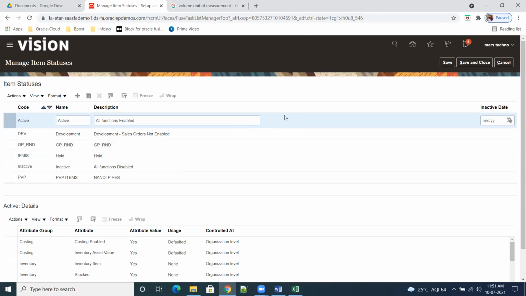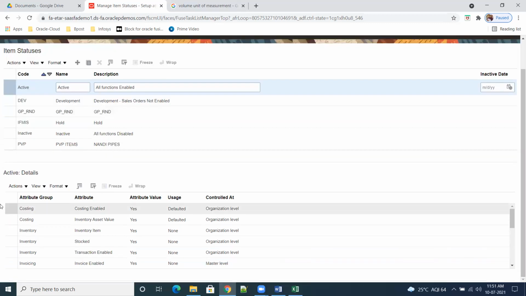But what is important here is, when you are selecting the item status as active, these are attributes, meaning these are the attributes of the item. So when you go to item in the item master, let me open that.